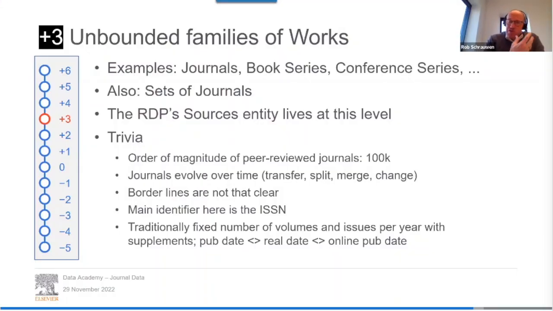And the sources level that we have in our data platform is on this level. So we have around in the world about 100K peer-reviewed journals. So that is, we don't have as many as in Scopus. I'll come to that. All these journals, as you know, they evolve over time. Borderlines are not that clear, as I just said. And traditionally, you have a fixed number of volumes and issues per year. If you go one level up still,